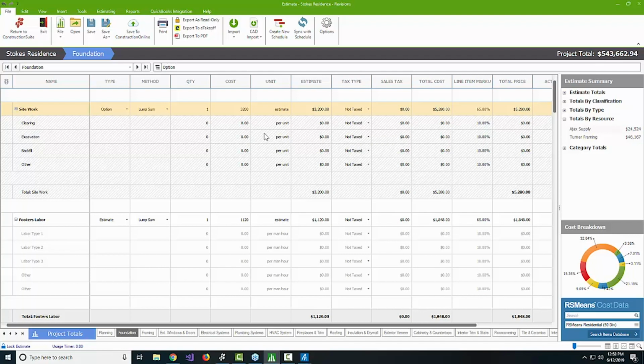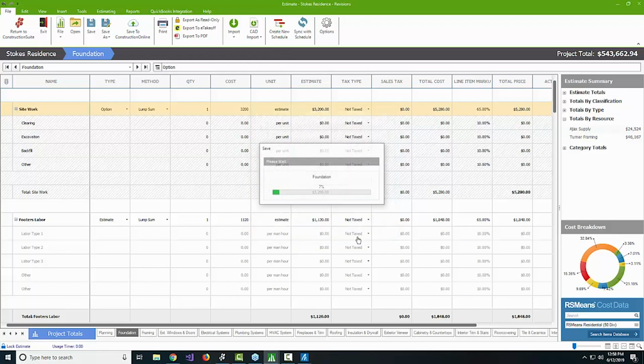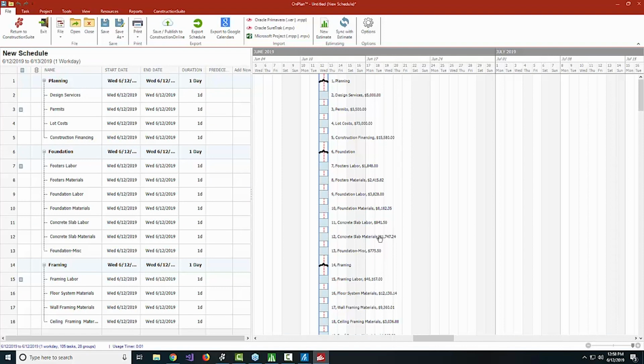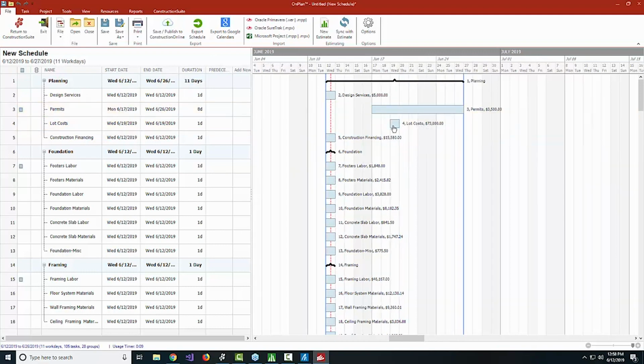Now, a really valuable tool in ConstructionSuite scheduling that most people don't even realize is available is, first, we need to create a schedule. I'm going to use this option to create my schedule from my estimate so that it'll carry over all of my costs and my categories and subcategories. So then all we have to do is put a time to them. Once we do this, now the schedule, which is going to be a Gantt chart schedule, will have the costs built in. And then as we go through and start moving our tasks out to where they belong, adding in any predecessor relationships or anything like that that might happen along the way,